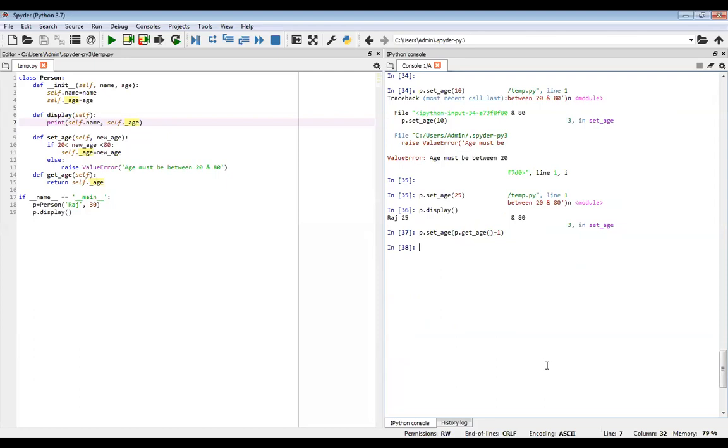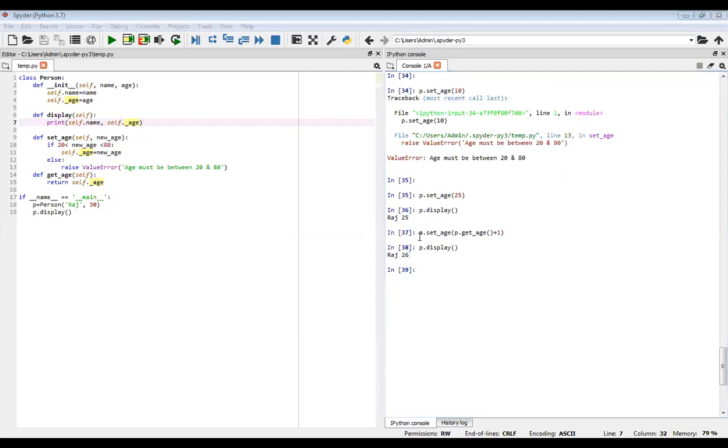And then if you want to display it, you can see it is incremented by 1. Earlier it was 25, now it is 26. But see the code that I have to write: p dot set age, then p dot get age plus 1. Then it is implemented.